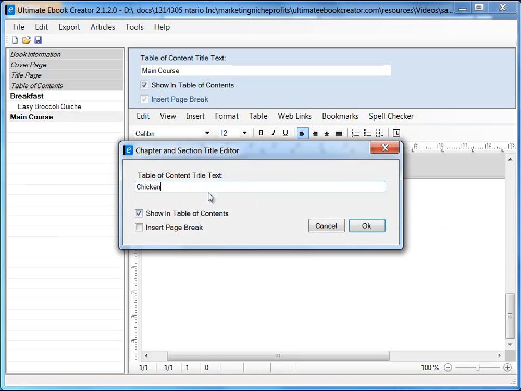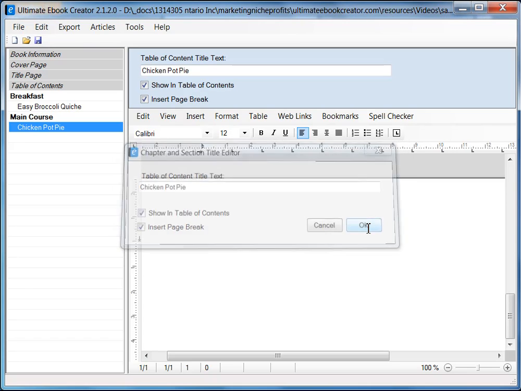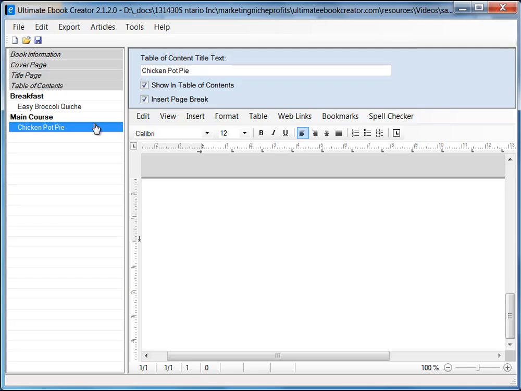So chicken pot pie, and we'll make sure we insert a page break. We'll click OK. Alright, so now we have our chicken pot pie. Now in the table of contents you can call it whatever you want. So if you want to change this table of contents to say something else, you can type in whatever you want, and then here we can say chicken pot pie,